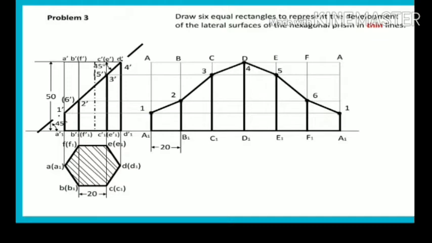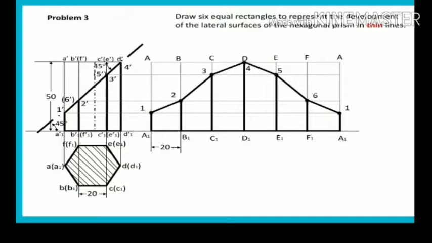And first you have to draw the development of the simple hexagonal prism. The length of the development is equal to the perimeter of the top view, that is A1B1 20, B1C1 20, C1D1 20, D1E1 20, E1F1 20 and F1A1 20 mm.